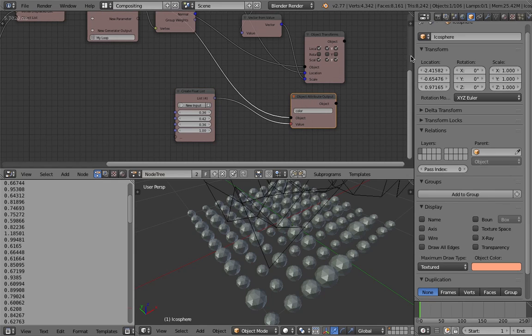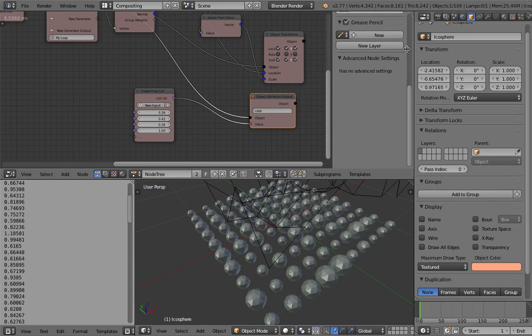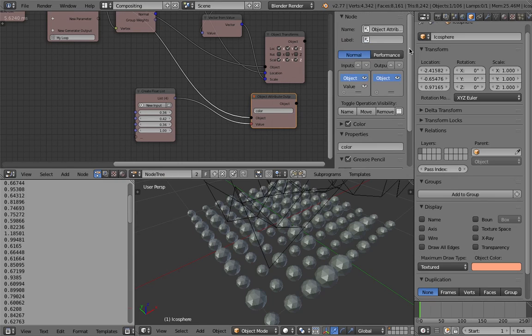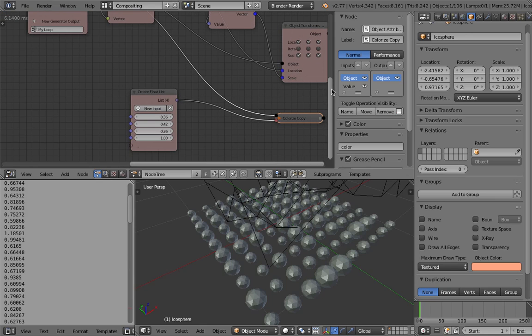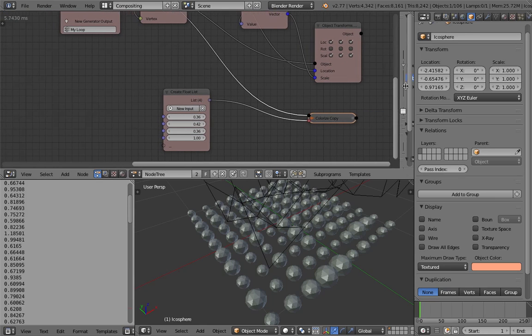Color, object attribute output. If you like, you can actually rename the node. I mean, give it a special label, like this is Colorize Copy. And then you can just minimize this. Okay, this node is going to be our Colorize Copy.